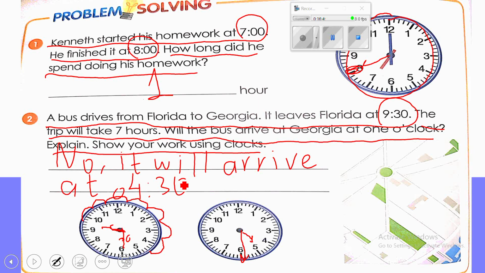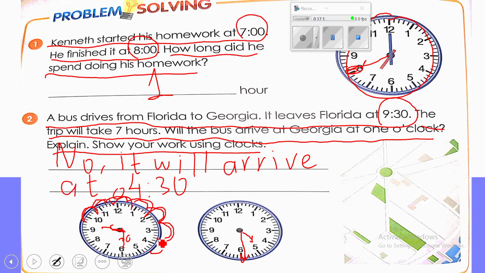So after 9, 7, open 7 fingers, 10, 11, 12, and then I start 1, 2, let's make it again. Here it is 1, 2, 3, 4, 5,